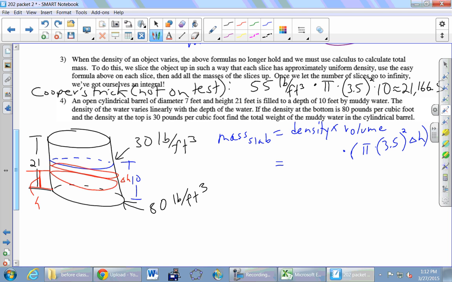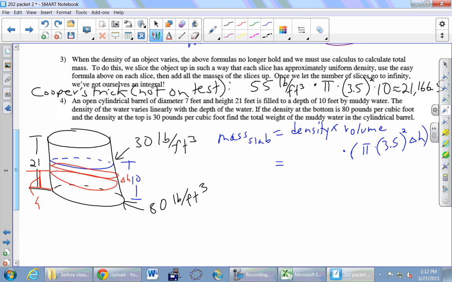Yes, I'm just trying to use the same letter. I know that when we go to the integral, it's going to be some letter and then d that same letter. So delta H is a constant, H is the varying thing going up and down, but I am trying to make them match.